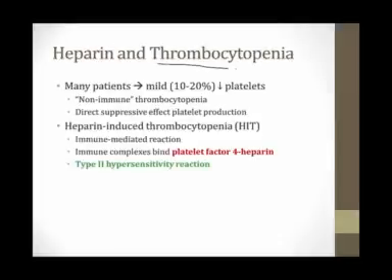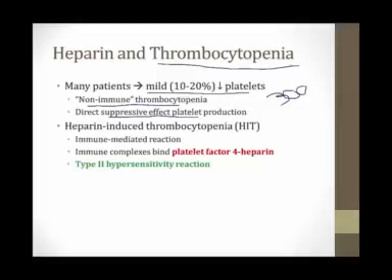Now let's talk about thrombocytopenia, which can be a dangerous and life-threatening adverse effect of heparin. Many patients who receive heparin therapy have a mild 10 to 20% drop in their platelets. This is called non-immune thrombocytopenia because it's not immune-mediated. It's the result of a direct suppressive effect on platelet production. So a normal platelet count is about 300 to 400,000. So in a patient on heparin, you may see this fall to maybe 290,000. But this is a mild drop. The platelet count remains well within the normal range,